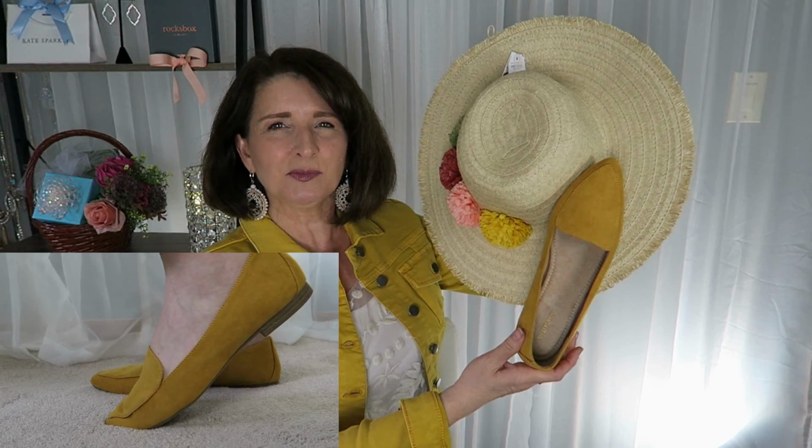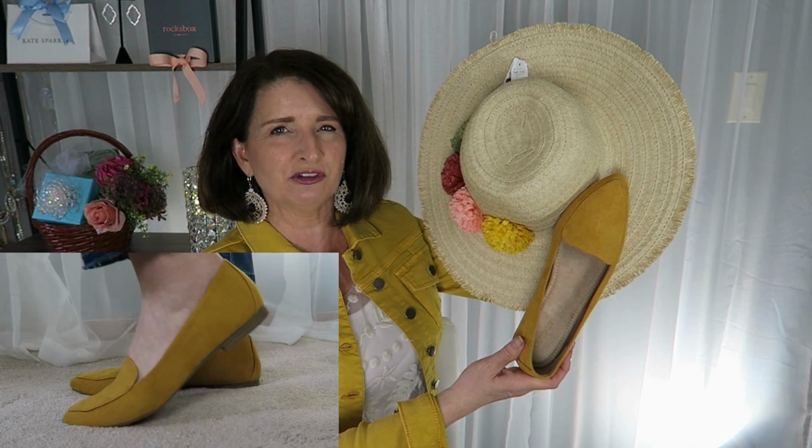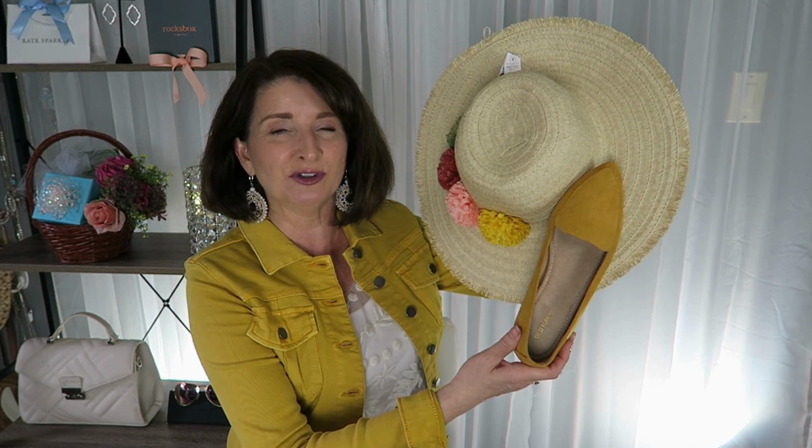I decided to pick up this pair of mustard flats because I have so many pieces now from the last 2 seasons that match back to it. And as I look in the viewfinder, I realize that these also really match the jacket that I have on, so win-win. I do have one item that is not from Old Navy that I want to share with you